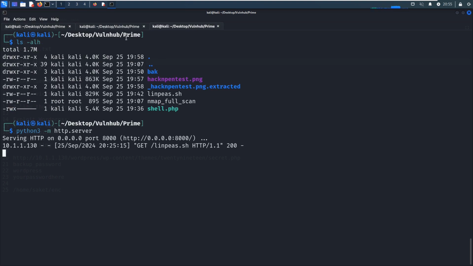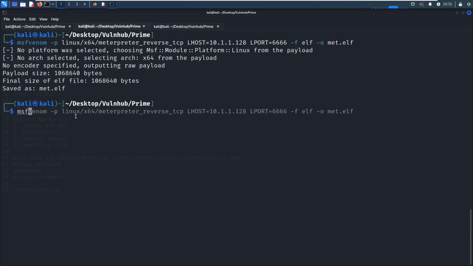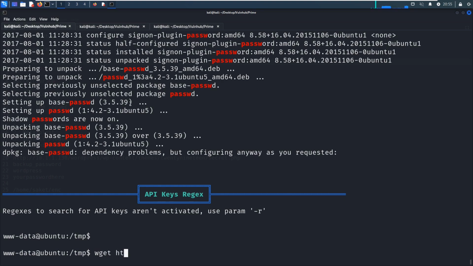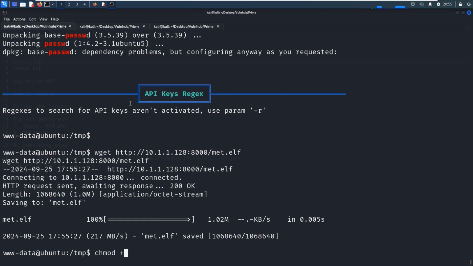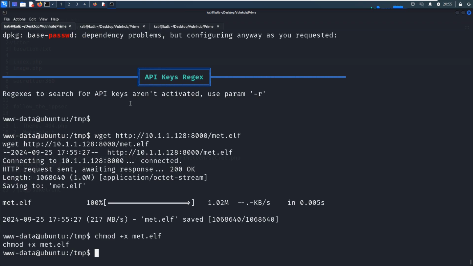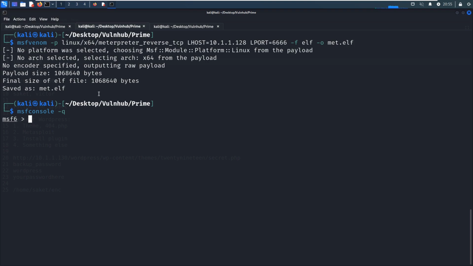So next we can launch the Metasploit console. And also we can use wget to upload the payload, and we need to change the mode. And before we run this payload, we need to set up the handler, multi/handler, and we need to change the payload to this one.